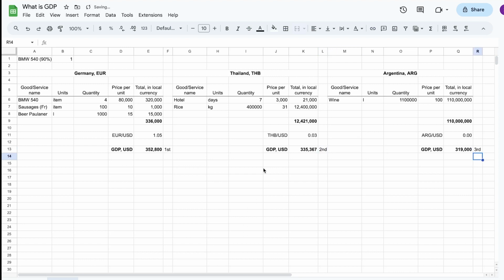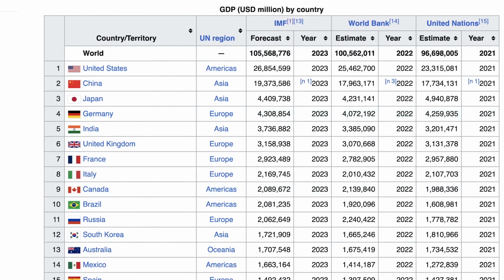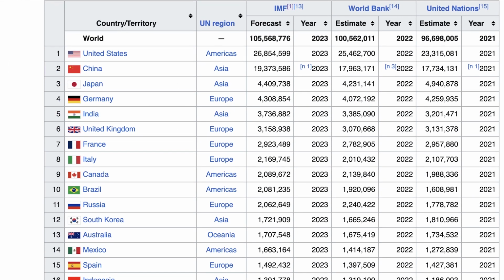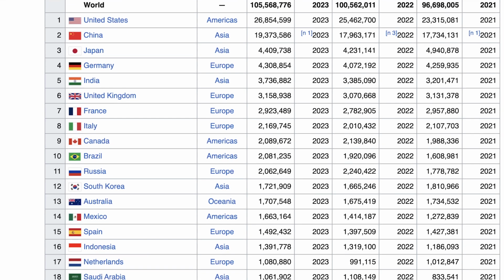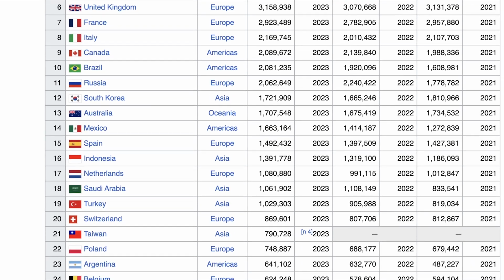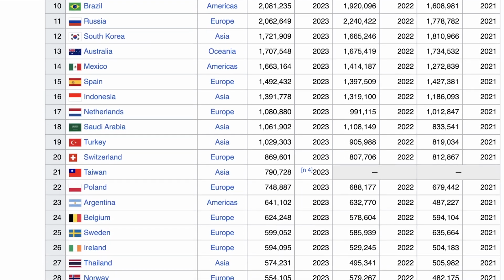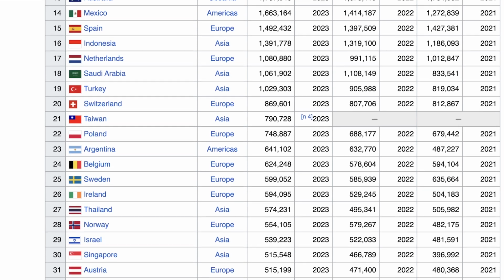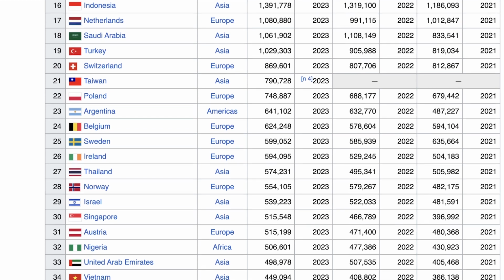A reminder that numbers are not real here and are for example purposes only. These numbers help us understand the general level of economy in the countries and compare them. It's important to mention that there are many ratios which help make the comparisons even more precise, for example, adjusting GDP for a country's population. Now you can see the actual GDP levels of the countries. And now you can understand that behind these numbers is the total value of produced cars, beer, sausages, rice, wine, and provided services, and everything else that people learned to produce and sell to each other.